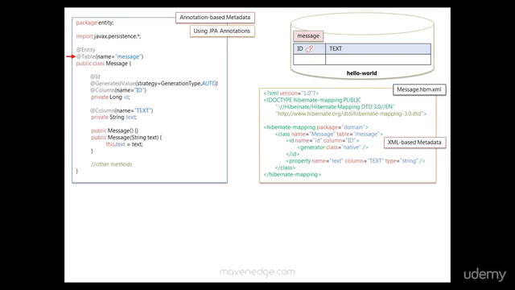The table annotation specifies the name of the table that you want this message entity to map to, and we are mapping it to the message table. Then you declare the ID annotation to indicate that this ID attribute represents the primary key or unique identifier of the message table. Then this generated value annotation with auto strategy tells Hibernate that whenever a new message entity is